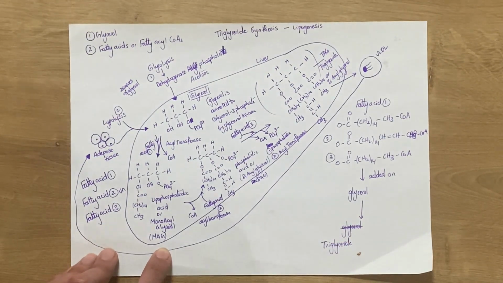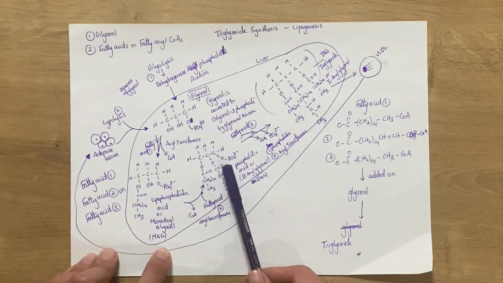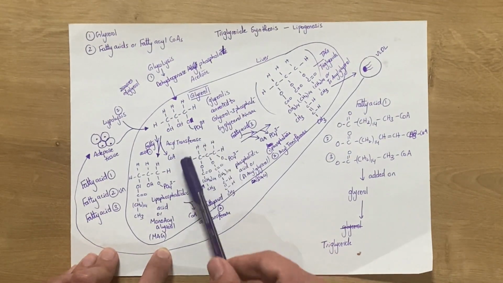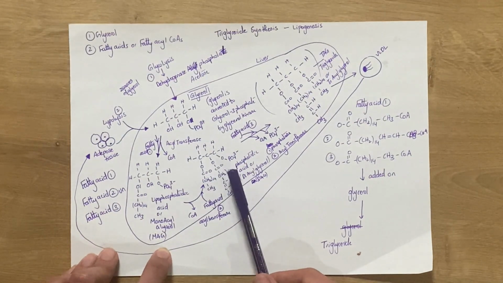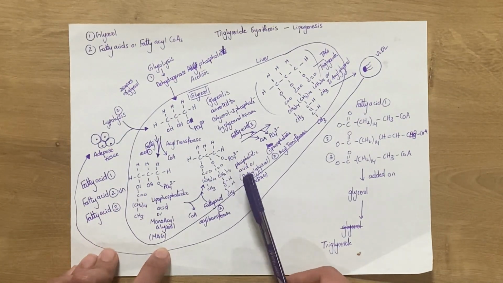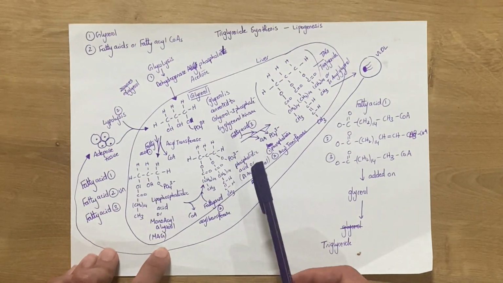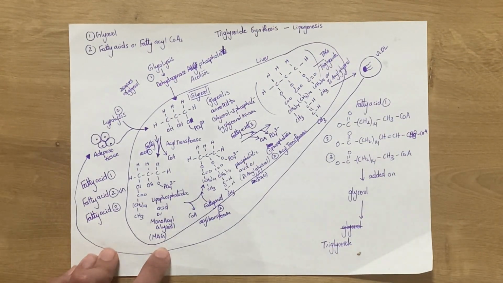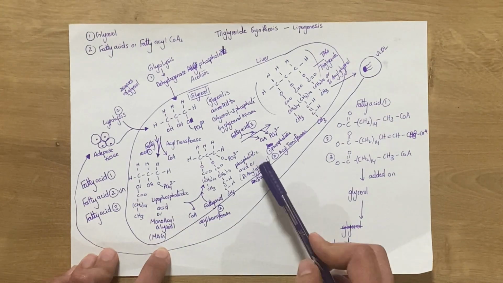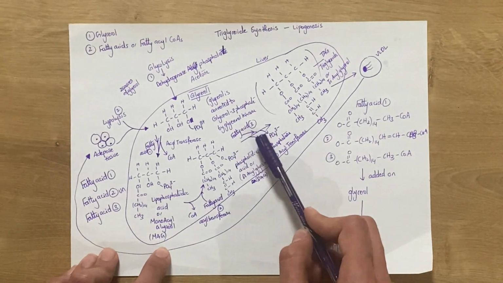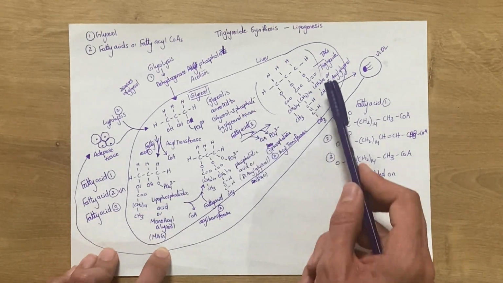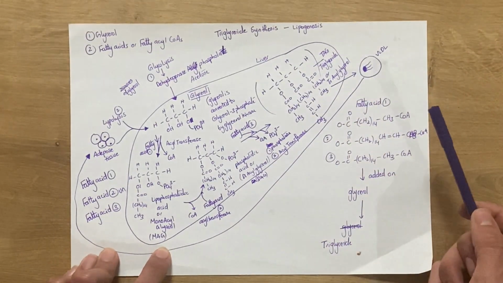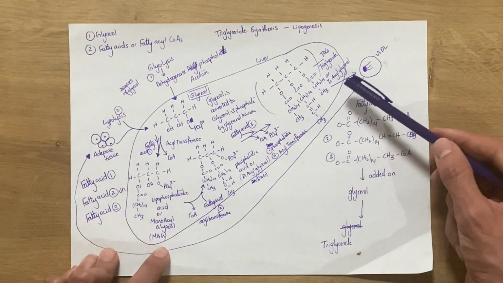Now for the third step, because we have a phosphate group here, we have to get rid of it first before adding on the third fatty acid chain. So in this case, phosphatase would act on this molecule called phosphatidic acid to convert it into a TAG. A TAG is a triglyceride, which is the molecule that we are actually looking for. So here, phosphate comes out, CoA comes out, a fatty acid is added, and the final product is this one right here. It's called a TAG, triglyceride molecule, or